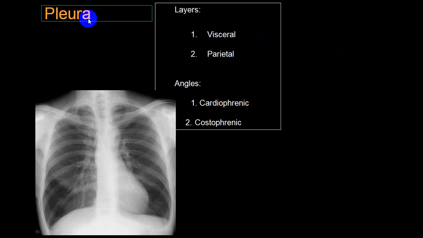Now, the pleura you cannot identify separately, but the pleura is here, both layers, visceral as well as parietal pleura. Now, if anything is there in between, it will produce either radiolucency or radio-opacity, and try to identify that.